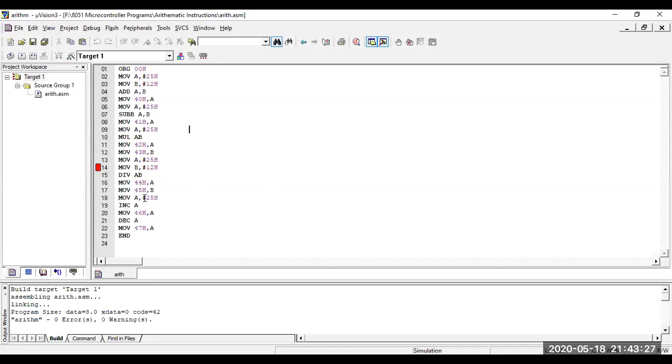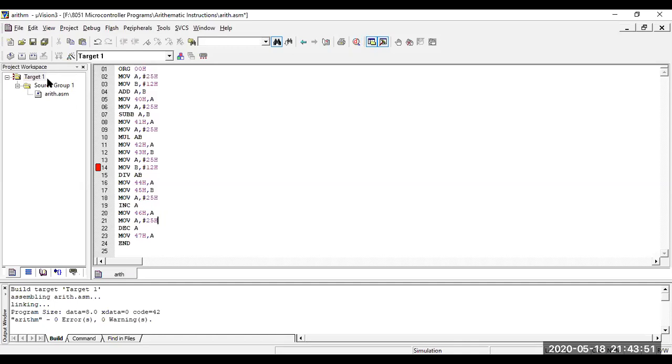Then A is 25, you are incrementing A. So A becomes 26, that you are moving into the direct address 46. Then decrementing A, so A becomes 24. That you are moving into direct address 47.